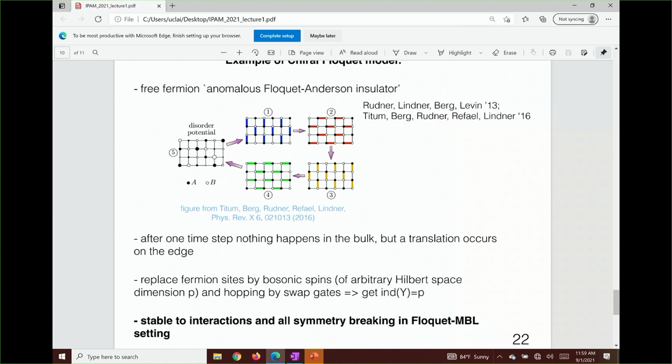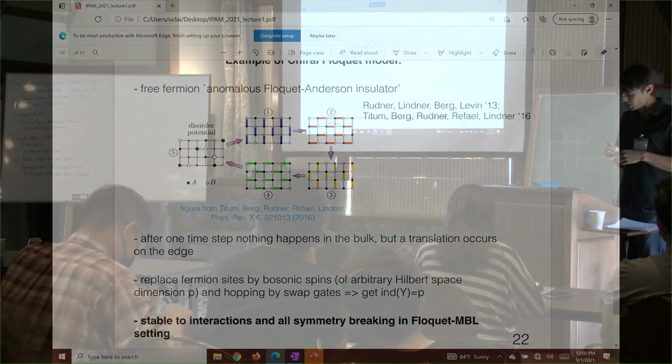It's actually kind of non-trivial. It's like half. It's not like each site on the boundary gets translated by 1. Half of them are fixed, and half of them get translated by 2. But that's stably equivalent to just a translation by 1 on all sites. Okay, so I think I'm out of time mostly.